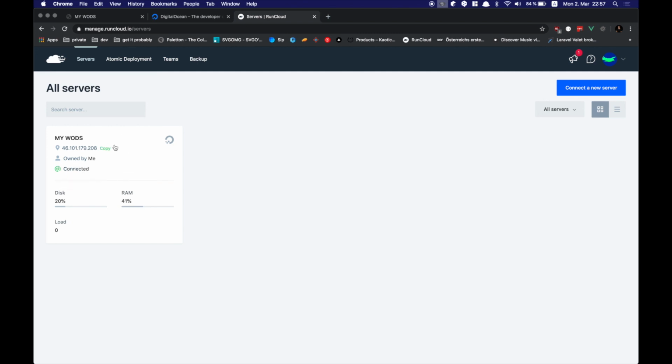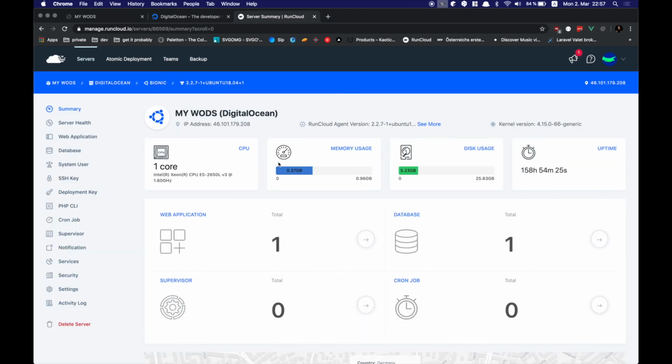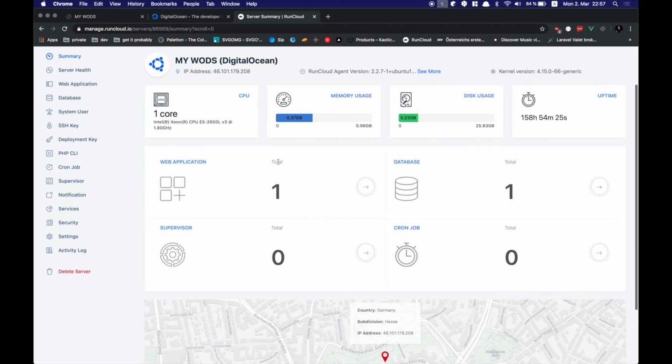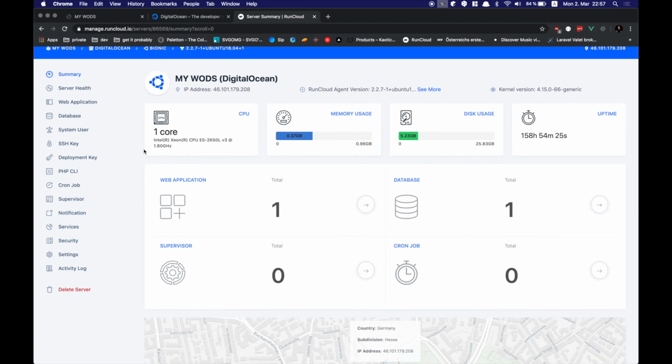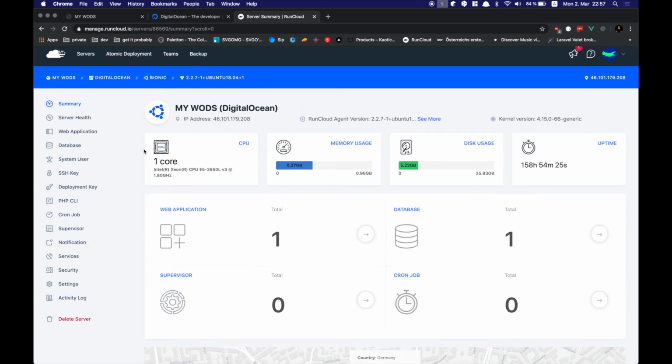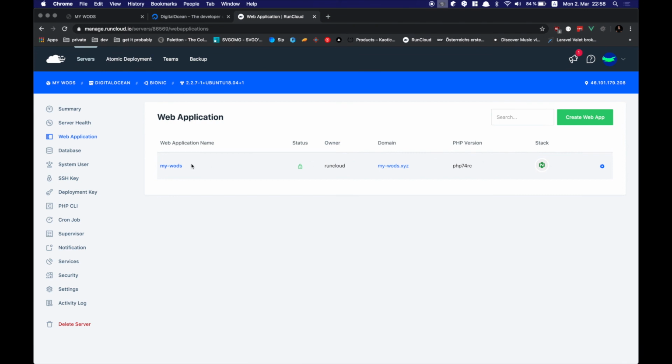And as you can see here, the DigitalOcean server is showing up, and if you go in here, you can see all the needed data and stats, which I'm currently using. It's kind of nice. It was pretty easy to set it up and connect it to DigitalOcean, so I'm pretty happy with it. If you like it, just give it a go. I think they have a free trial. Yeah. As you can see, here's my application running on PHP